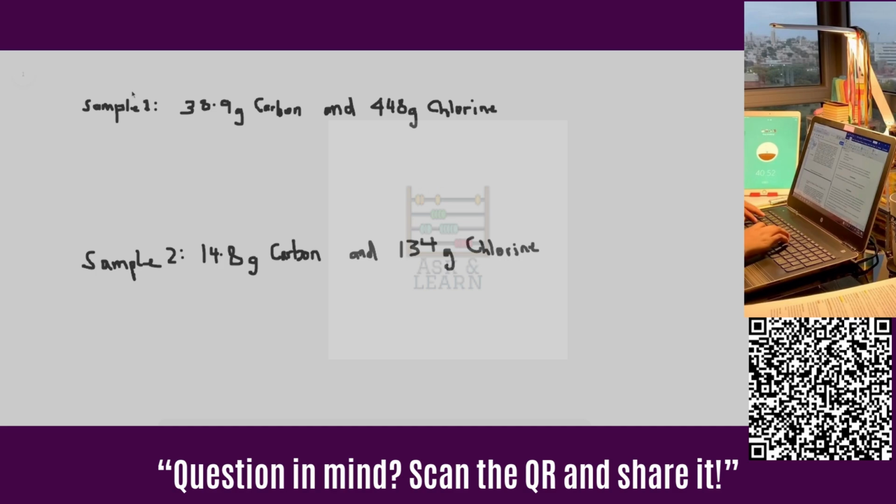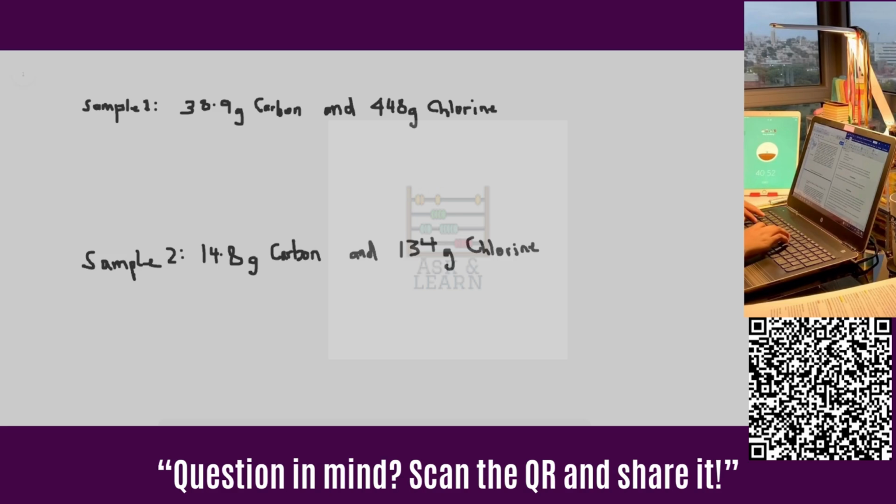All right, so we're going to be on section number 49 of Tro's Chemistry, Structure and Properties, second edition textbook. In this particular question, we've been given two samples and asked if these two samples obey the law of definite proportions. Essentially, what this means is, are these two samples consistent with the number of particles or